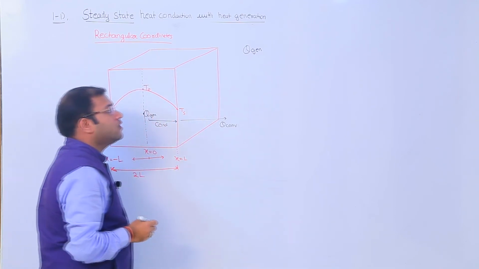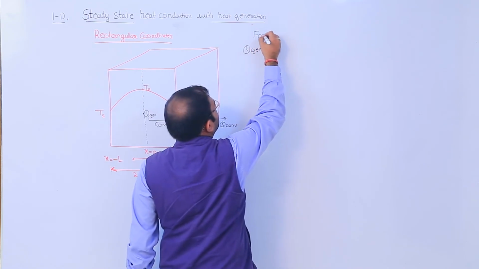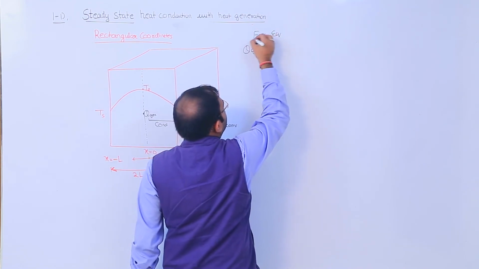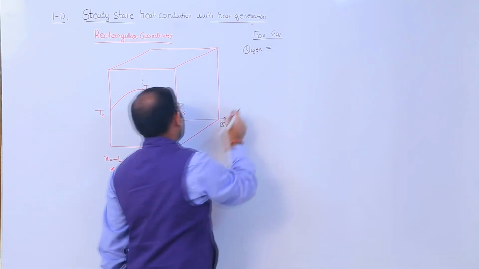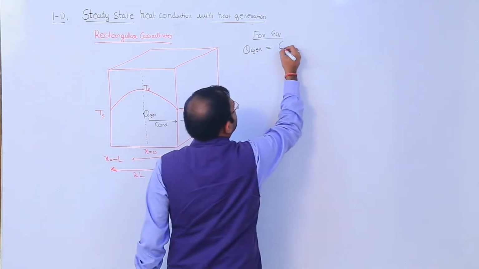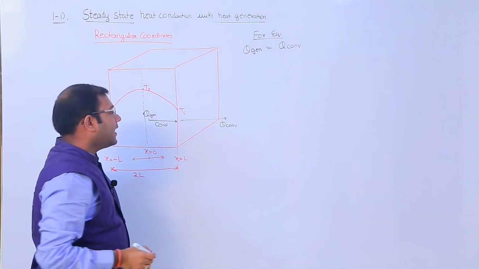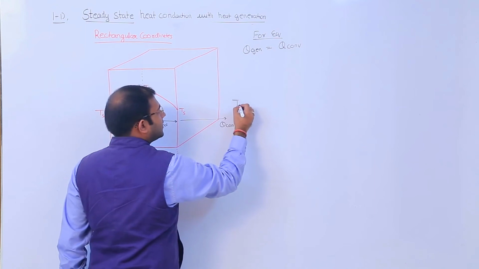And in equilibrium state, this amount of heat generation should be equal to your Q convection,